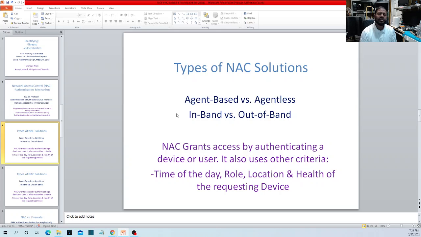Now, what are the different types of NAC, network access control? Some are called agent based and some are agentless. What does that mean? An agent based NAC is in your device. You have a little bit of software, called the agent, installed. You use that little software to access the network. You request the access using that software. That's called agent based. As opposed to agentless, meaning in your laptop or device you don't have additional software for that purpose. You just use your regular web browser to connect.